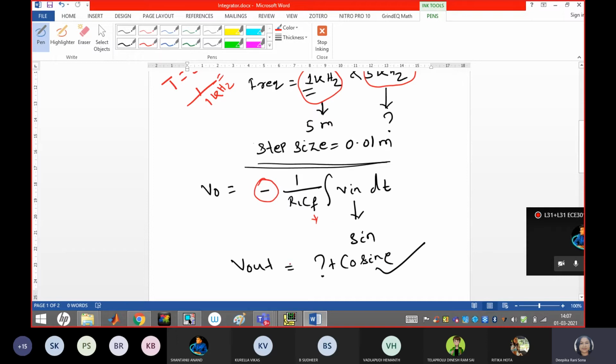So sine 0 will give rise to the plus 1. Okay, cos of plus 1. That we have to see. This is the thing you have to observe. Always remember that design of integrator by using op-amp will give you plus cosine for the input of sine. It won't give you minus cosine because of the property of the op-amp. Okay, got this, guys?